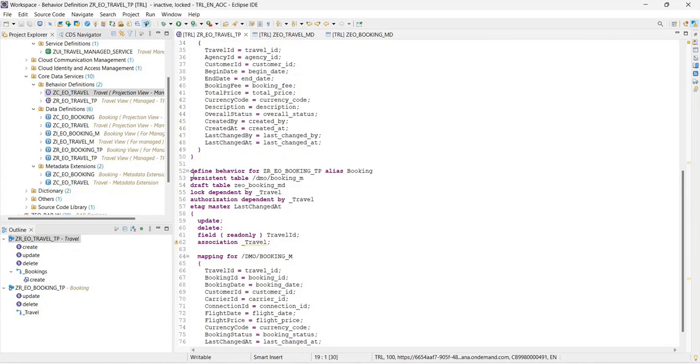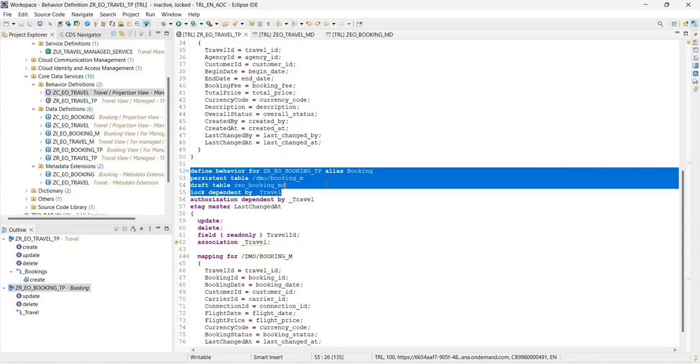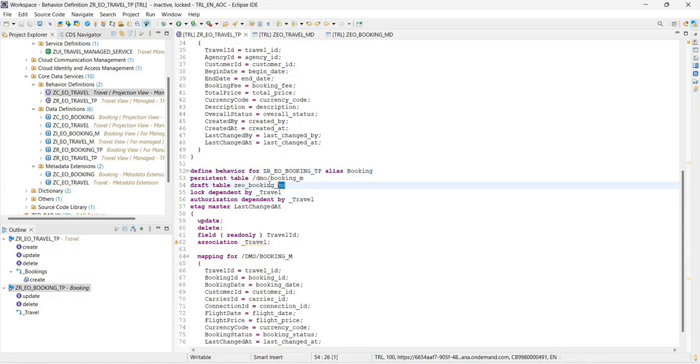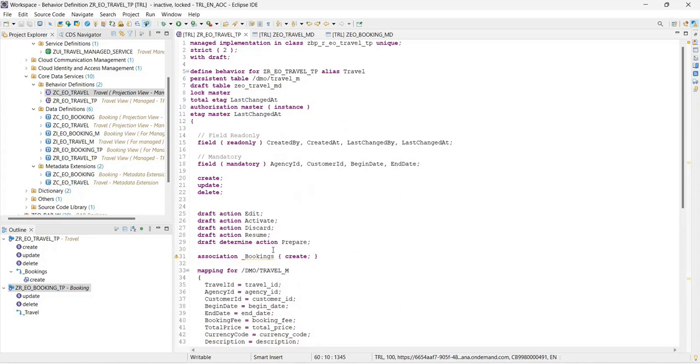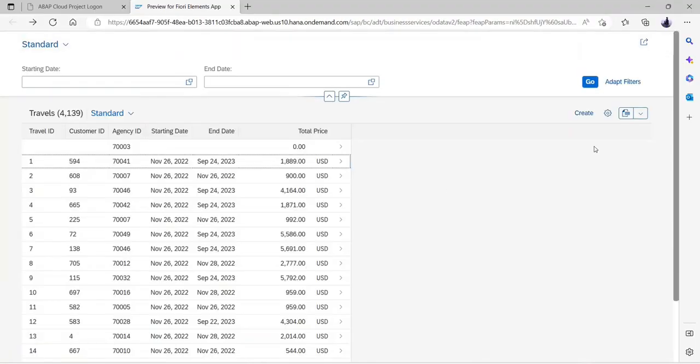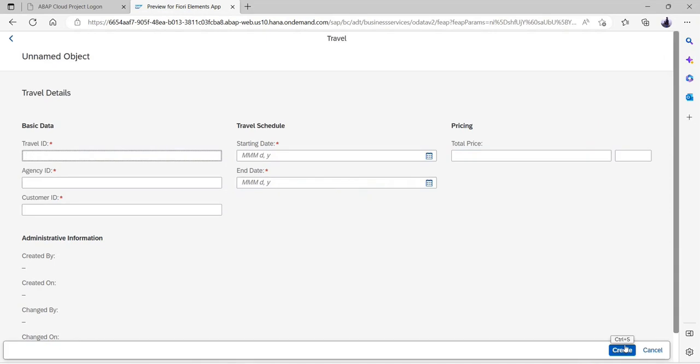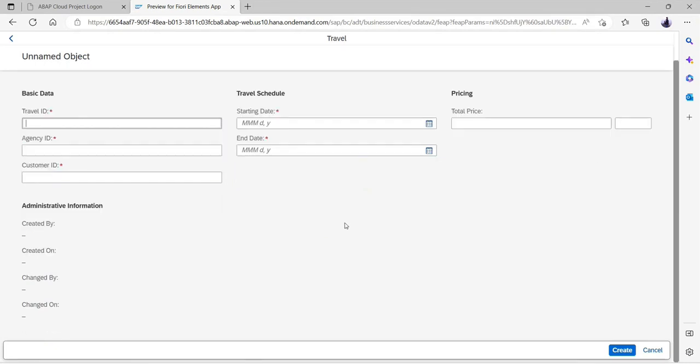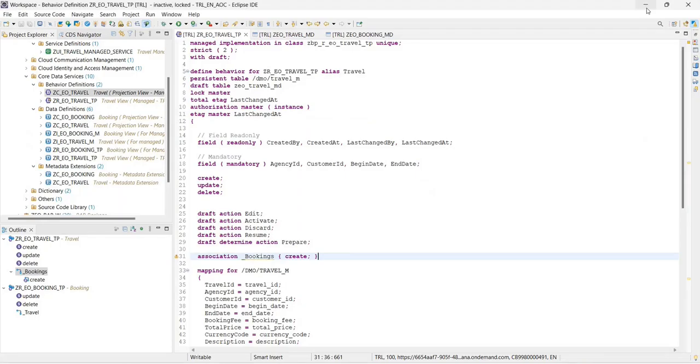Same goes over here, as we have specified that this particular behavior of this booking is also having a draft capability enabled on top of it. A draft-based update and delete will also be done. But how about creating the booking? I mean, we are saying that even without the user clicking on the final create, I would allow him to store each and every data onto the draft layer before the actual instance gets created onto the system. So if that is something that we are going to allow, then in that case,